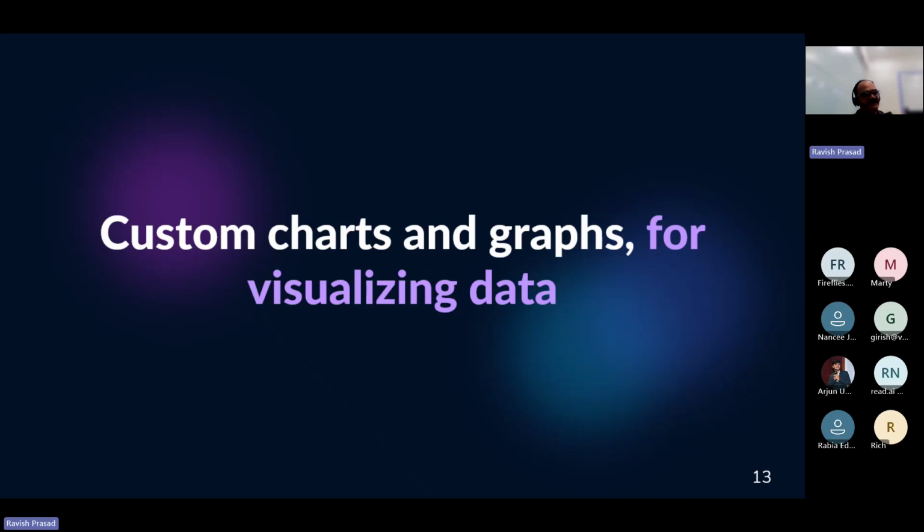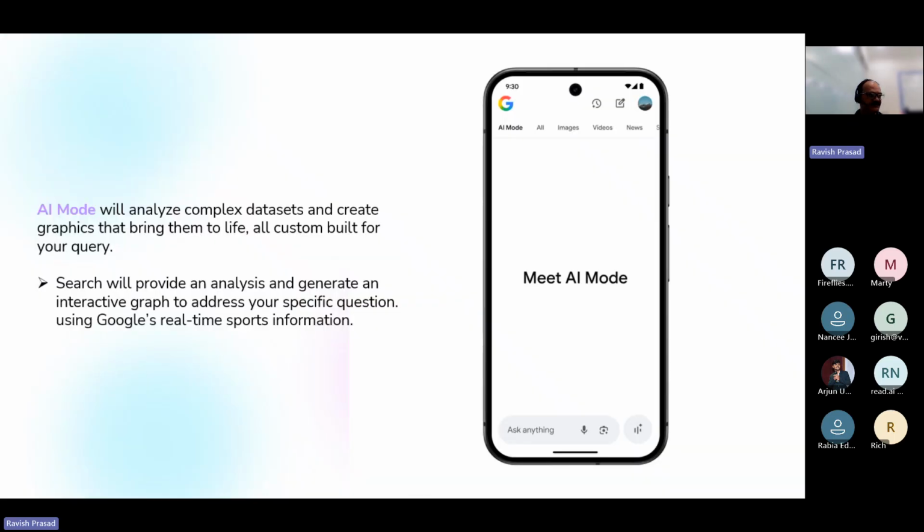Now, AI Mode can also create custom charts and graphs for visualizing data based on the query you are asking. It will analyze complex data sets, create visuals and bring them to life, all custom built for your queries. Search will provide an analysis and generate a very interactive graph or stats based on the questions you ask,